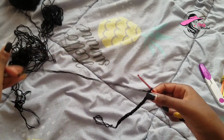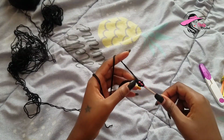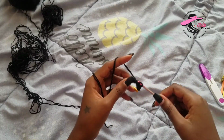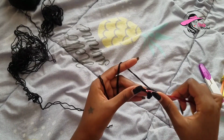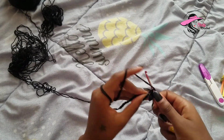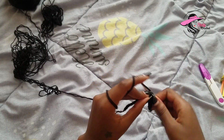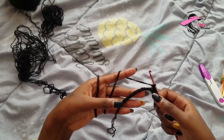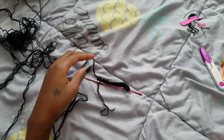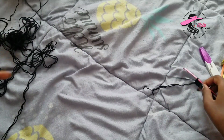And then after that, you're going to place a single crochet in every stitch all the way until you get to the end. Make sure you have a total of 18 once you're done placing your single crochets. So you're going to work single crochets all the way until you get to the end, and then I'll see you guys once I get here. So once you're done with your single crochet across the